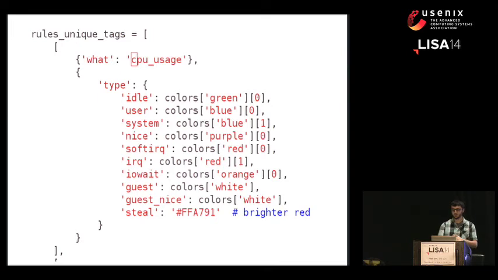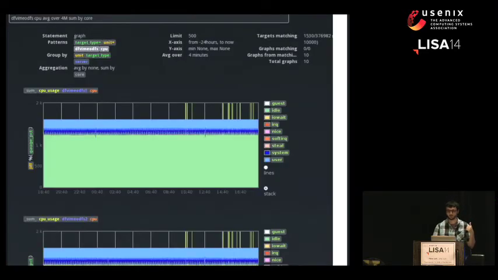And then another thing I wanted to point out is that I also hate configuring colors on my graphs. So what I do instead is I just type in one place that I want to see idle CPU usage in green, for example, and user space CPU in blue. And wherever I plot that on any graph, it's automatically going to honor those color definitions. So in this case, for example, I have graphs for every server comparing the different CPU states, and it's going to color them the way I asked for.